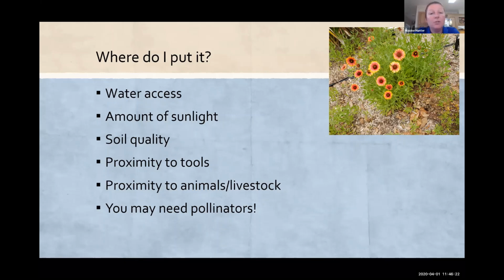Also, unless you're planning to grow things that will do okay with limited sunlight, most of our fruits and vegetables need 6 to 8 hours a day of sunlight. And morning sun is usually the best. That afternoon sun can get really hot. So I actually have my raised bed outside in a spot where it gets too much sun. But most of the time, as long as you're getting at least 6 hours of sunlight,